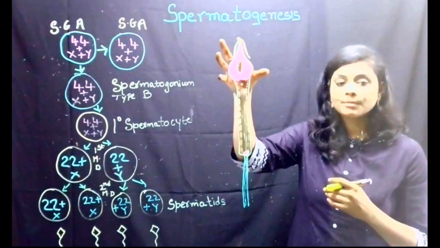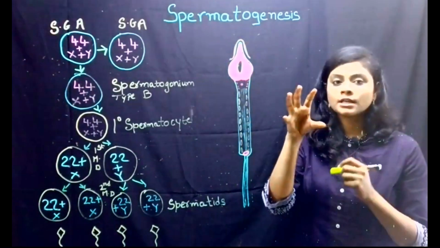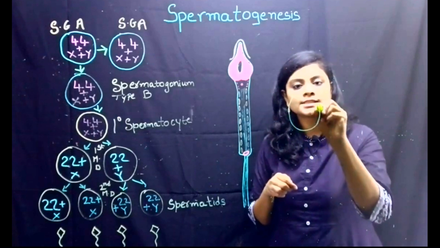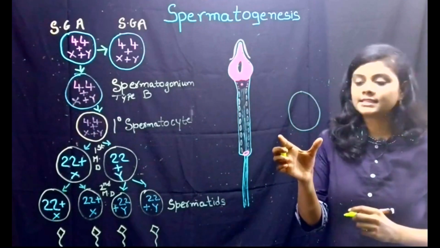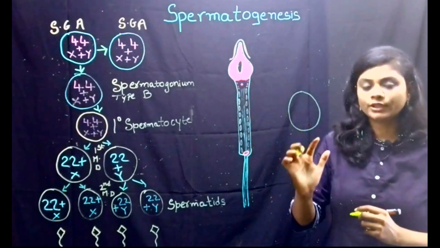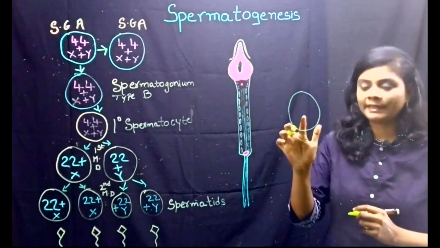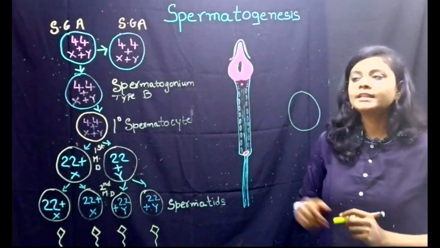So when these sperm cells are entering into the ovum, what is that ovum containing? Ovum is always protected by a circular structure, something like this. This is nothing but the zona pellucida. So the zona pellucida is always protecting the ovum. So how does this sperm cell pierce the zona pellucida and fertilize the ovum? It is that when the